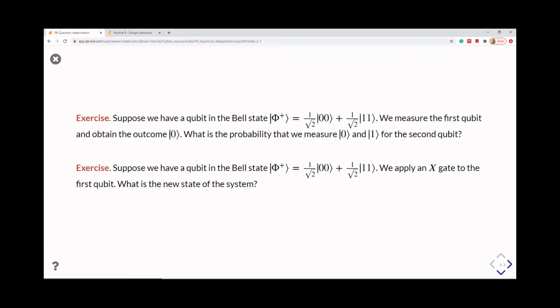Yes, Jakob's got it right. With 100% probability, we're going to measure 0 on the second qubit. And what's really interesting about how this works is